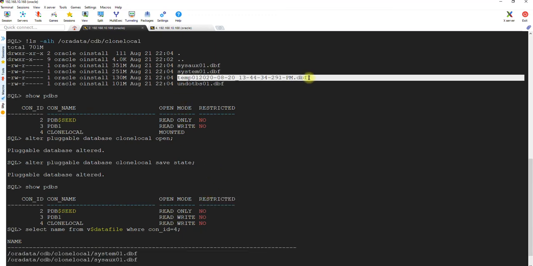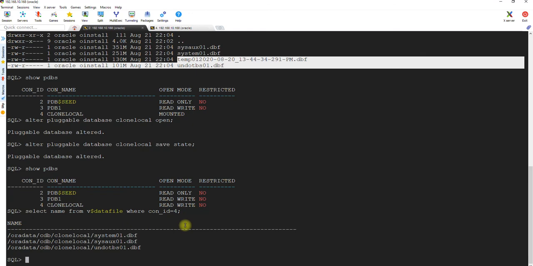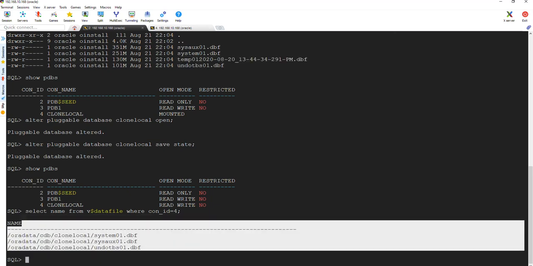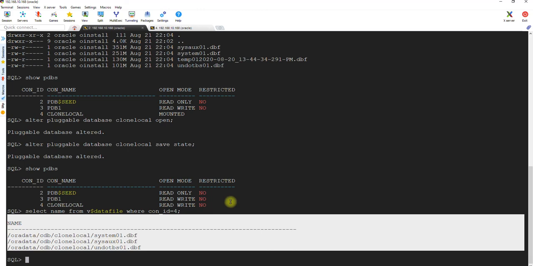It won't copy the other tablespace, that is the application tablespace. It will be just like a template, copying the default files, and then you have the responsibility to create the application tablespaces and the application schema. So we have completed this one as well. I think these steps are very easy to do and easy to follow.